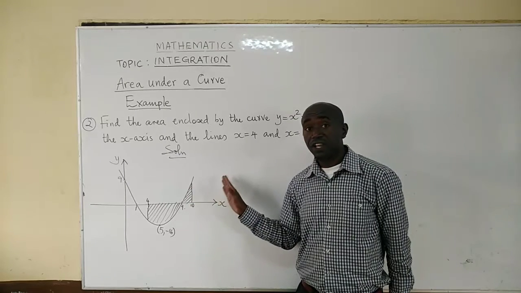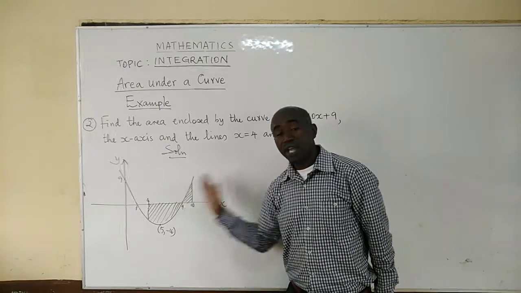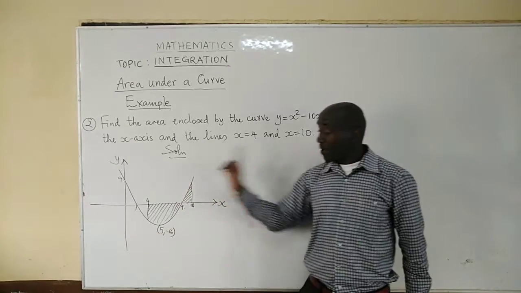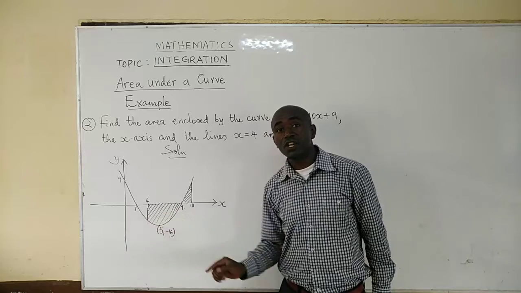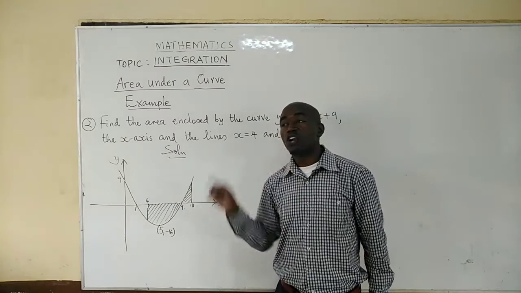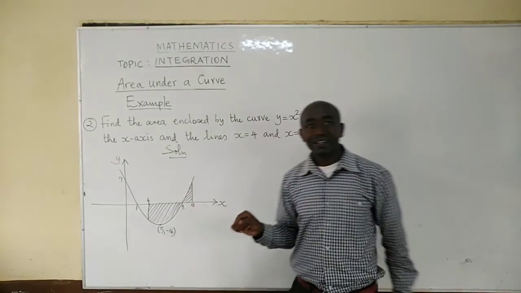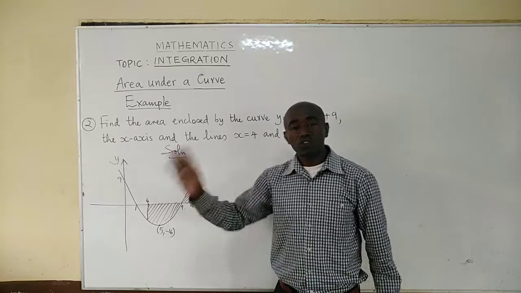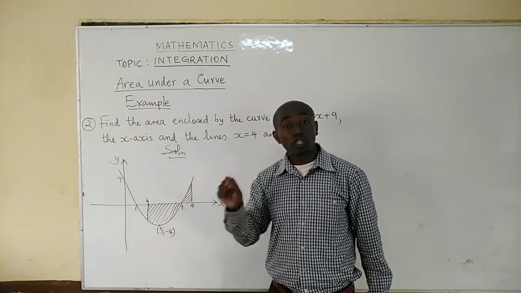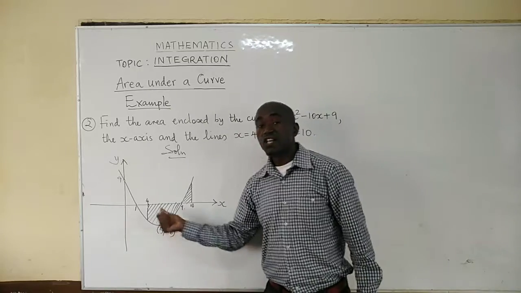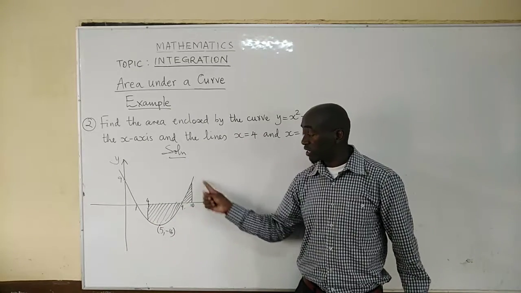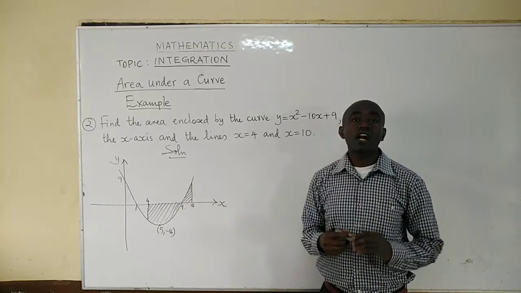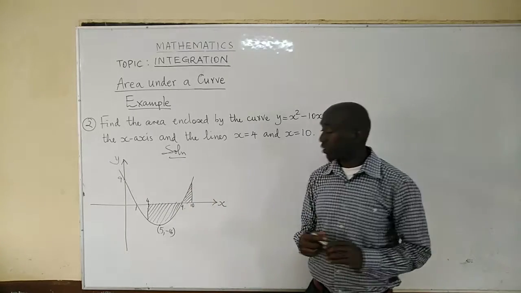We will get a positive area. Then the two areas we add. Remember, in the first case here, for the region below, we will get a negative, but we are going to ignore that negative. If it is, for example, negative 40 square units, we ignore the negative and put it as 40. So that 40 is the area. You add that to the area which you are going to get for this region which is above the x-axis, and then that is how you are going to get the total area of the region required.